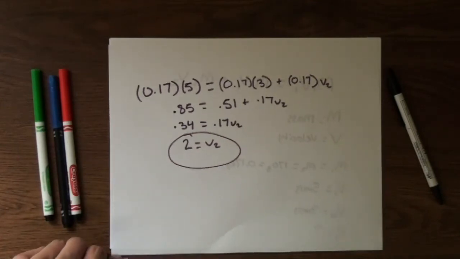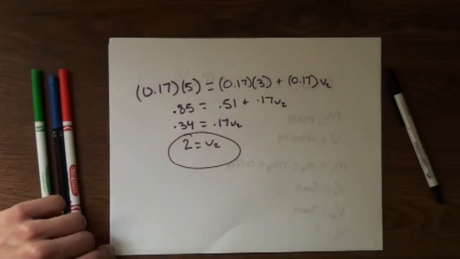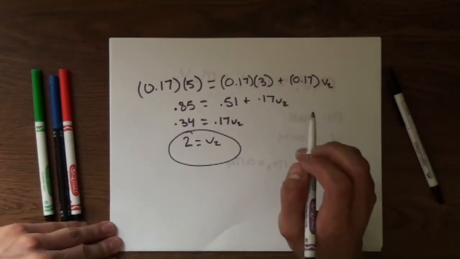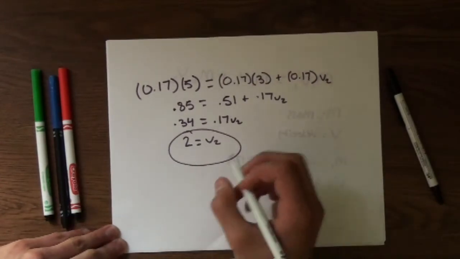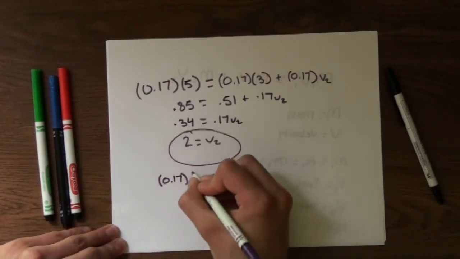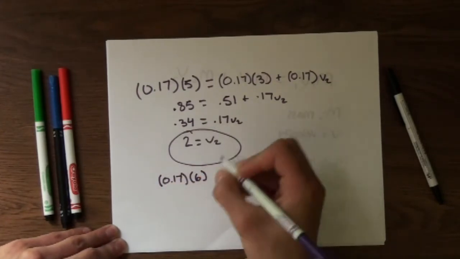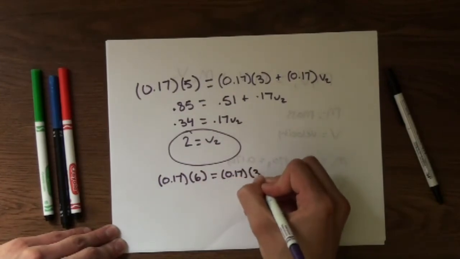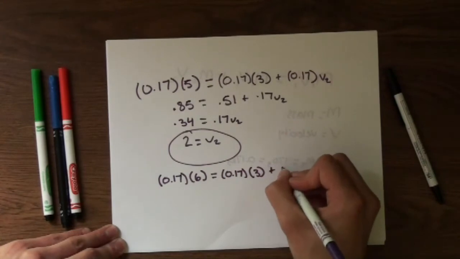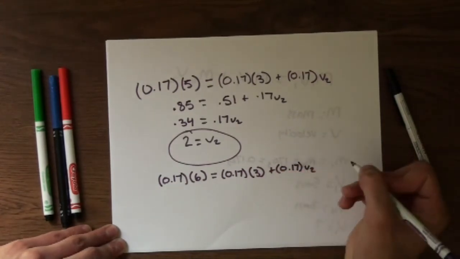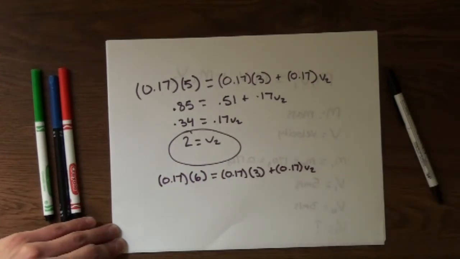Now, let's see how this problem would change if instead of first traveling at 5 meters per second, the cue ball was traveling at 6 meters per second, and after the collision it still traveled at 3. All we would have to do to change that would be to put 0.17 times the initial 6 meters per second, which is going to equal 0.17 times the final 3 meters per second, plus 0.17 times V2. Again, we can solve this formula,